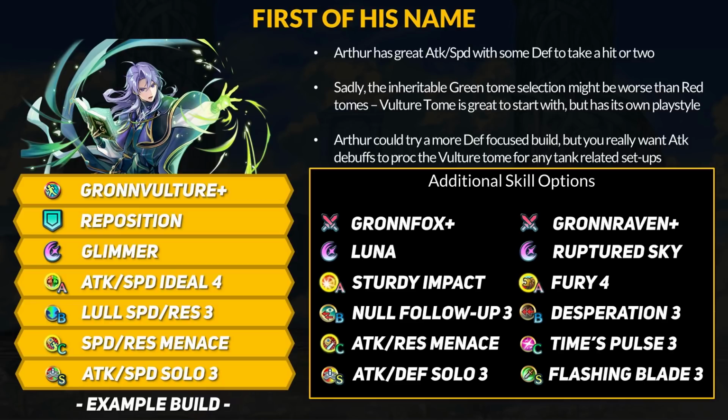Add in something like sturdy impact or attack and defense ideal with attack and defense solo, and you have a deceptively beefy mage. Of course, you need to set up the Vulture Tome for the full effect, and any foe that ignores penalties kind of kills the weapon. You could run the simpler Fox Tome, but Vulture Tome can work on the enemy phase if you have better